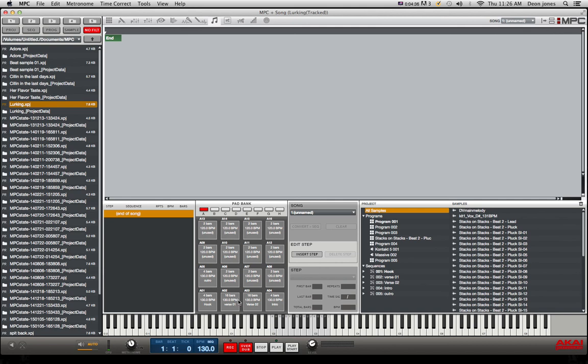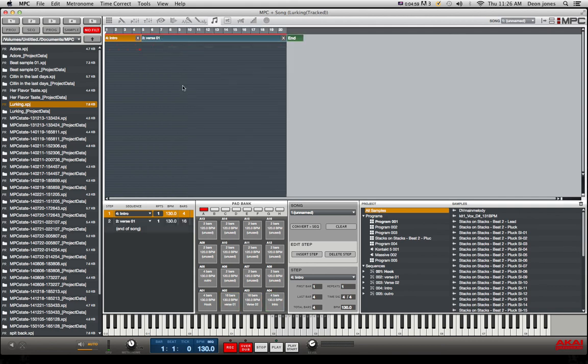The way you would do that is you have here your verse and your sequences. So for instance, my intro, I'll put that first, and then I'll put, let's see, my first verse, and then